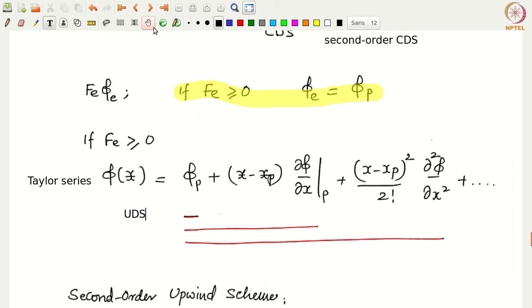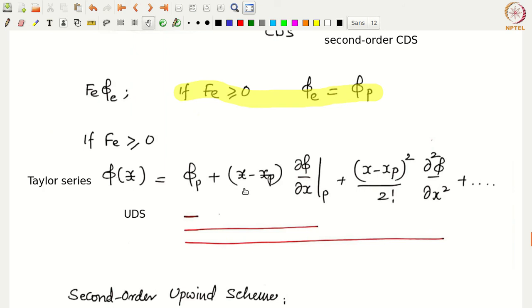Now, if you include not only the first term but also the gradient term, that means the first two terms in the Taylor series, then you get a second order accurate scheme. Of course, now we need to introduce an approximation not only for the face value but also for the gradient, just like the way we have done it for the diffusion terms. If you include the first three terms, the remaining term would be of the order delta x cubed, so you get a third order accurate scheme, and so on. So depending on the number of terms you retain in the Taylor series expansion for phi of x, we can get more and more accurate schemes for the upwind differencing of the dependent quantity phi.